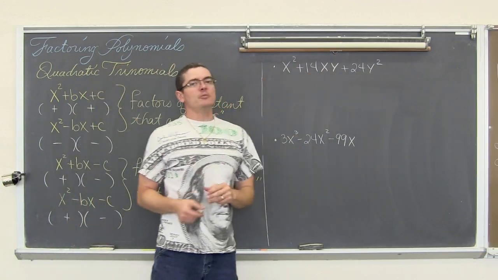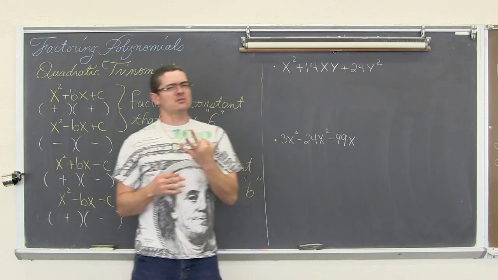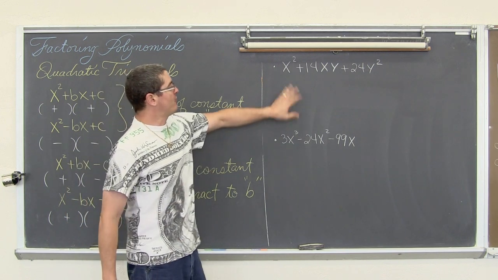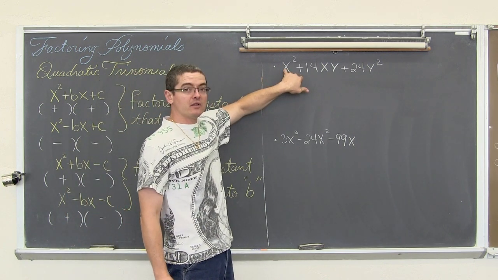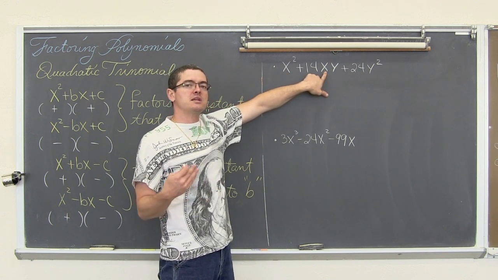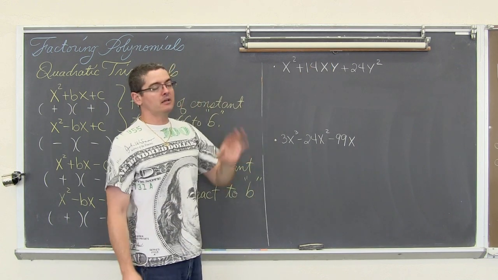We again have a trinomial here, but you'll notice that there's a variable in the first term and in the third term, which is different as far as the examples I've done. Before, we've had that x squared in the first term, and then we showed up with just a single x, or x to the first degree, in the middle term.